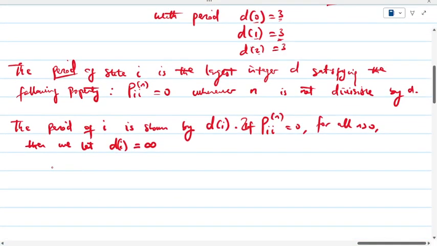So also you need to take note that if your period d_i is greater